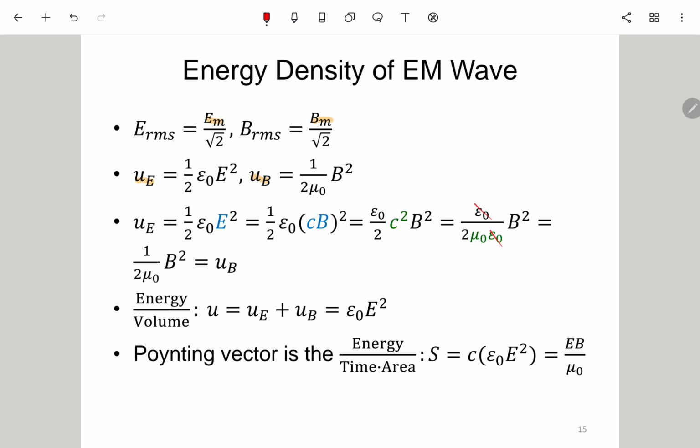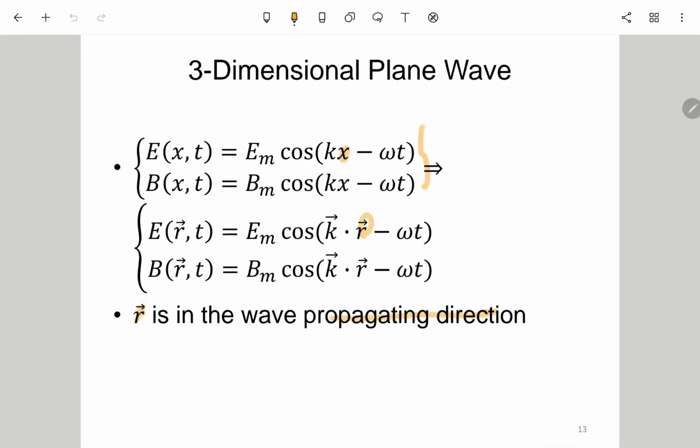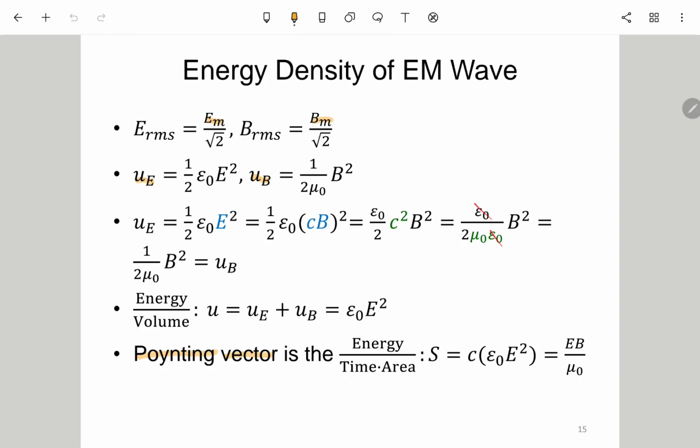And if you still remember, in this chapter we have introduced the Poynting vector. 是蛮重要的，常常会考的。它的方向就是传播的方向，比如说这个是 kx 减 omega t，那这个 Poynting vector 的方向是 x。而它的大小是什么？是能量在单位面积底下、在单位时间里所传播的量。